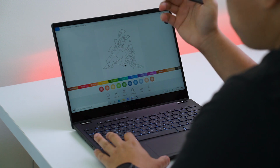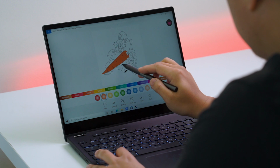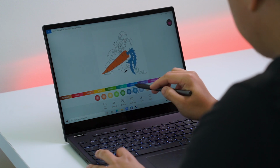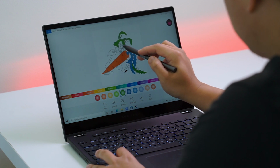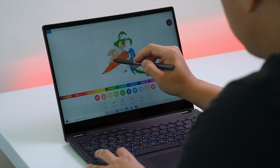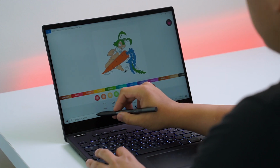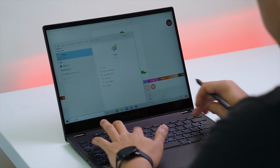What do you call this? A stylus or a pen? And we're gonna do a color. Okay, it's really easy to color this one. I want some blue leaves. Okay, it's working out well, but I don't like to color my way into everything, so we're gonna be opening